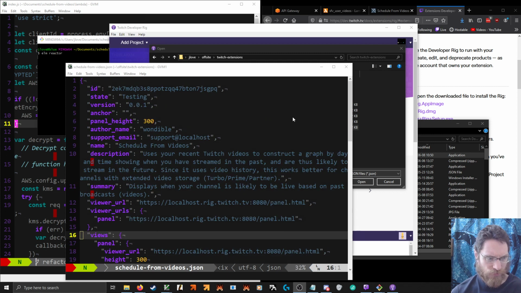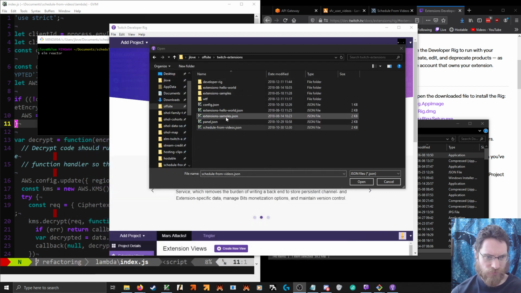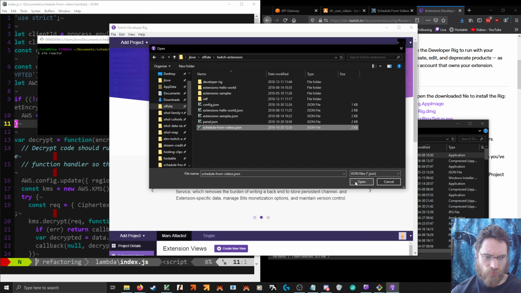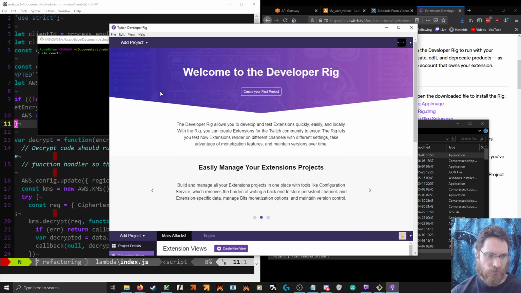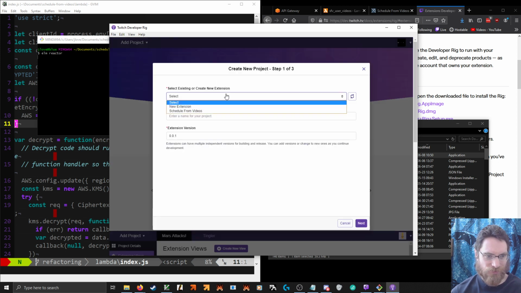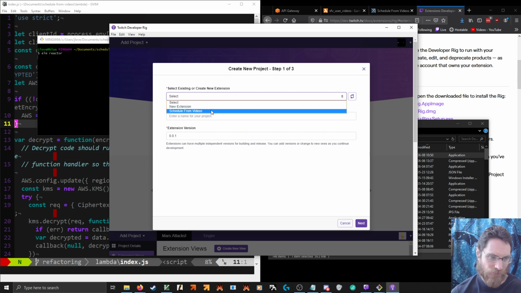Doesn't say where it hosts the files from. Okay, so that is not a project for this version of it. So we're going to have to create a new project. Oh, but it loads it from my known extensions.